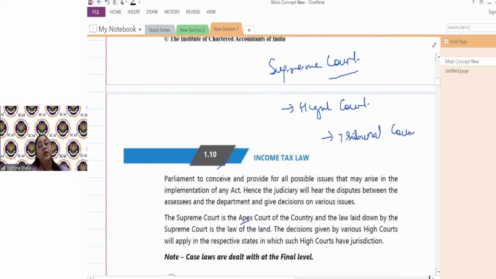And again, whatever 1 hour we have dedicated in understanding the framework, it is not only for income tax act, guys. It is for every act. ठीक है. So income tax framework समझ आ गया.